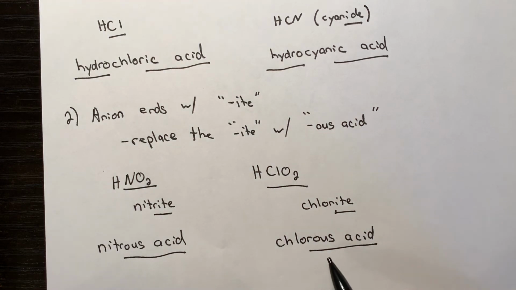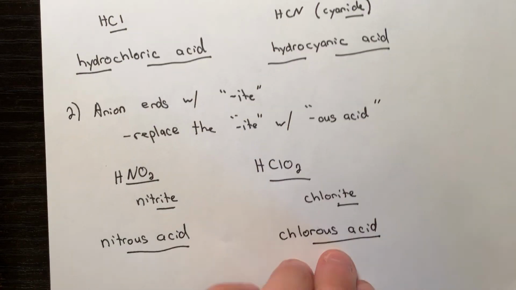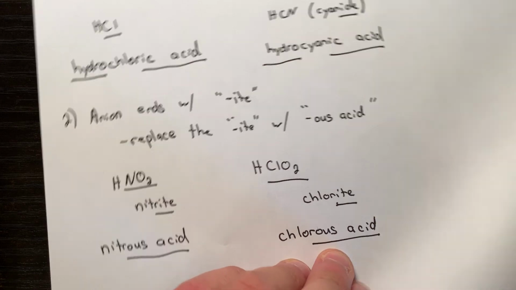The ite ending gets changed to ous acid, so chlorite becomes chlorous acid. Again, no hydro prefix out front there. Okay. The last acid we are going to take a look at